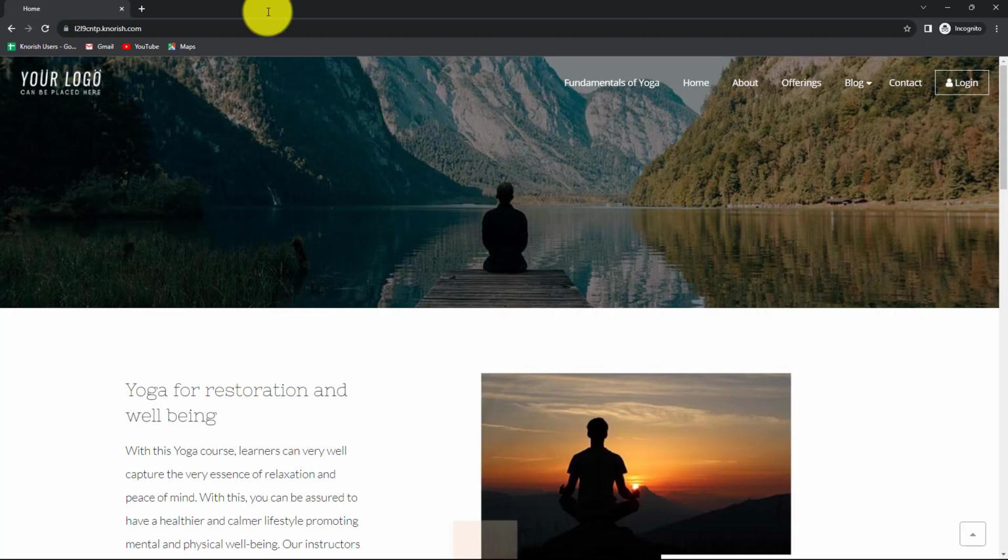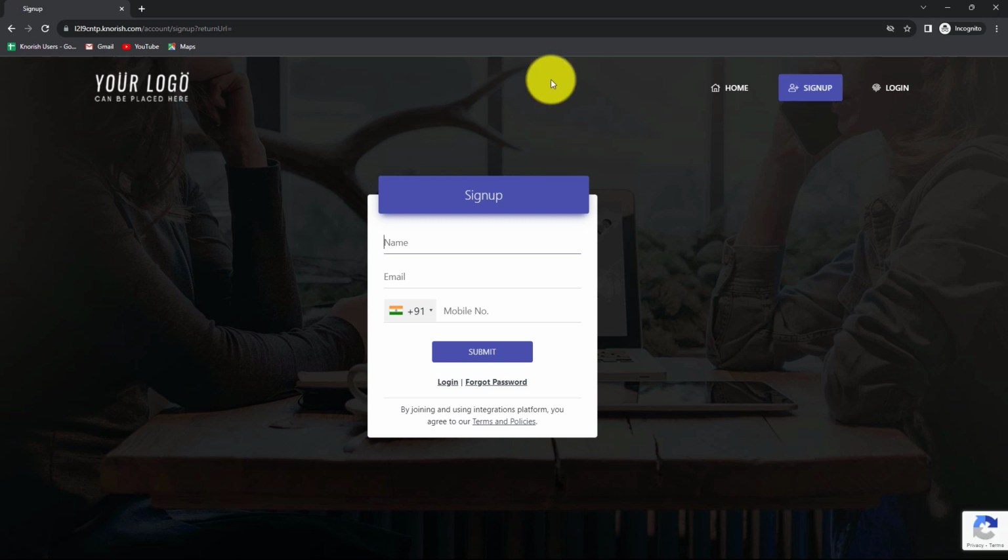So this is my Knorish website. And now what I'm going to do, I'm going to click on login and we'll click on sign up. And here I'm going to sign up in this website by entering the details of a new user, just dummy details. So let's enter the details here. First of all, it is asking us for the name. So I'm going to enter a random name. Let's say